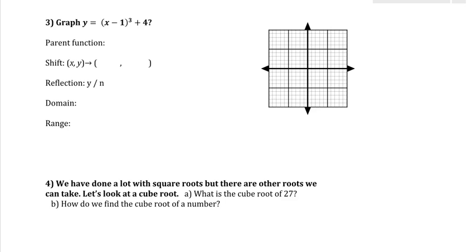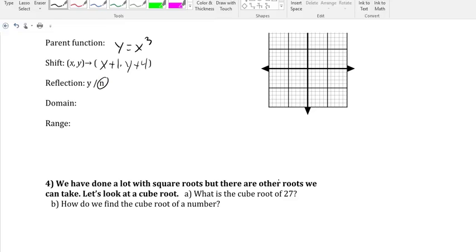So the hard part here for a lot of students is identifying what the basic shape is. You've got to look at what you're trying to graph and pick out the important piece. That cube this time is telling us that the parent function is going to be y equals x cubed. So we are shifting right 1, the opposite of what we see inside, and up 4, the same as what we see outside. We don't have a negative in front, so we're not reflecting this time. So our parent function, y equals x cubed,